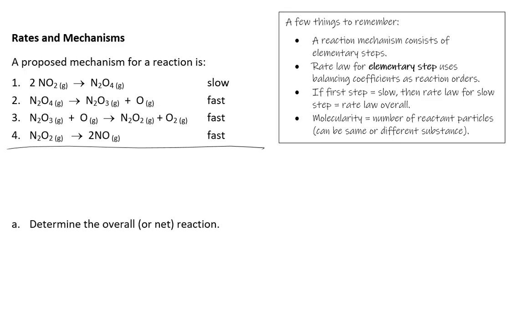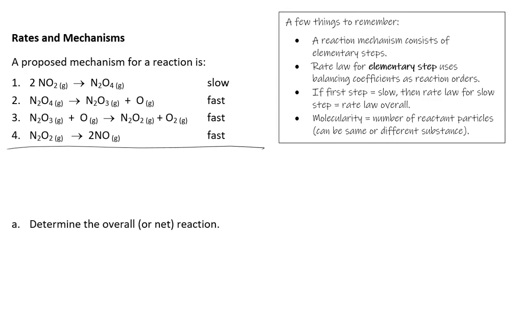There are two ways to go about this. The first is you can write down every single substance that appears from all of the elementary steps and then cancel after you've written everything down. The second way is a little bit faster, and you can cancel as you go along. And I'm going to go ahead and show that approach. If we want to cancel something, then it needs to appear on the reactant side in one place and on the product side in another place.